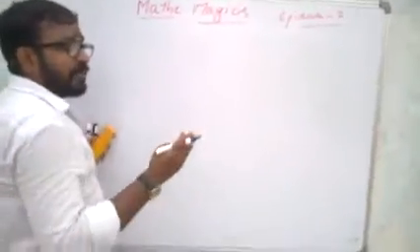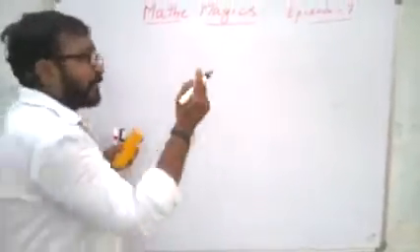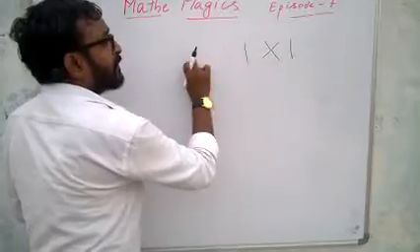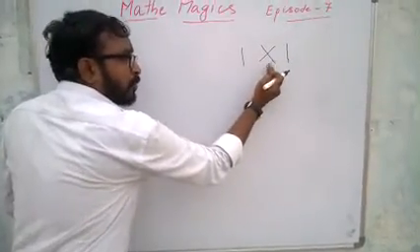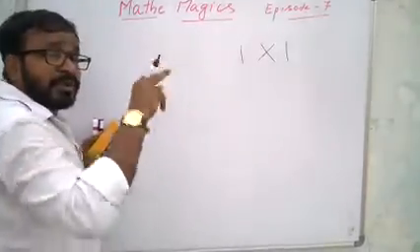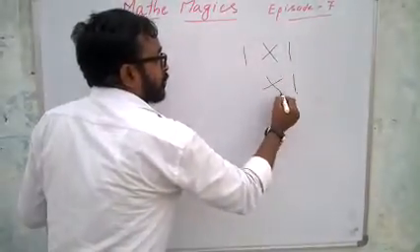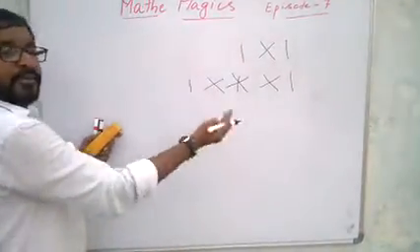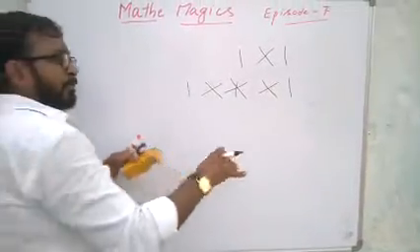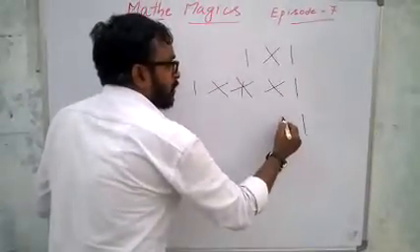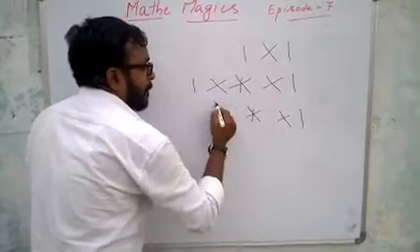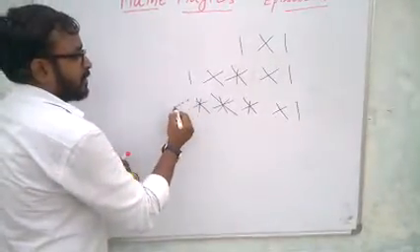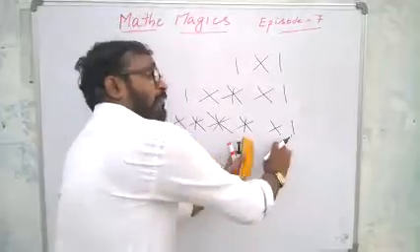What is the method? For example, there is a multiplication between two numbers: one vertical, cross vertical. That means between two numbers, we should go up to two lines and then reduce. For example, between three numbers, one line, two lines, three lines, and then reduce: two lines, one line. We have to use this procedure. For example, four digits: one line, two lines, three lines, four lines, and then reduce: three lines, two lines, one line. So this procedure we have to follow.